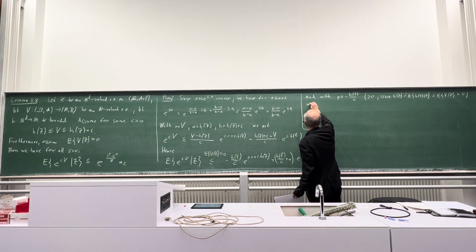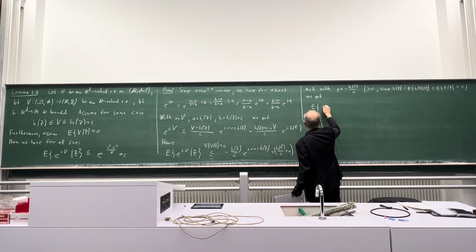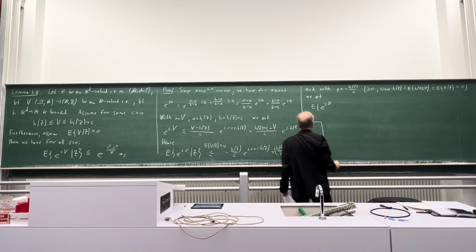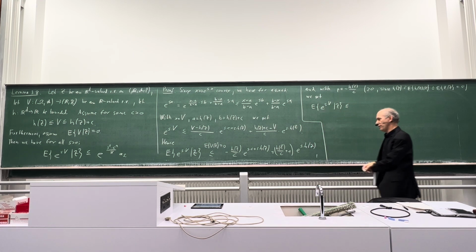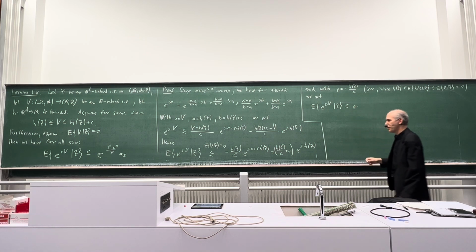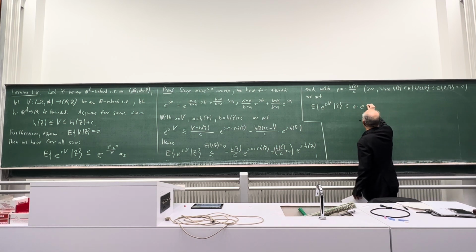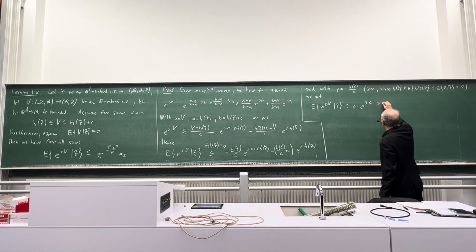And with that one we get the conditional expectation of e to the power s minus v given z is less equal than p times then the e to the power s z, I see we let's get it, and h of z is minus c times p, so that should be minus s times p times c.